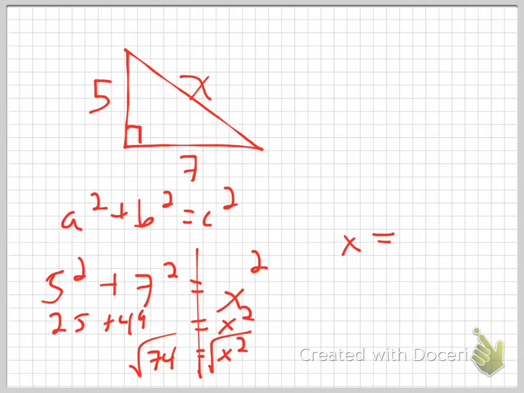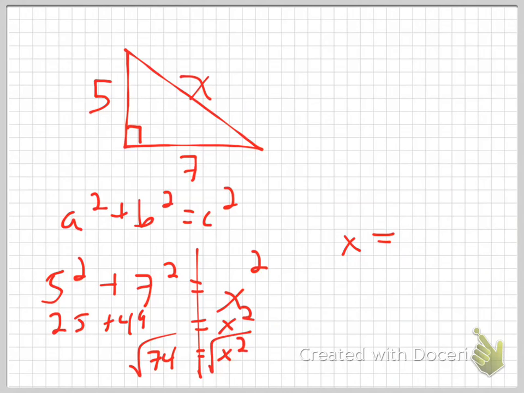What is that called? The square root of 74 is irrational, right? So there is no number. Now listen, if I asked you to round that number to the nearest tenth, could you do that? Yes. If I asked you to round to the nearest hundredth, could you do that? Yes. If I asked you to round to the nearest 25, or to the nearest trillionth, could you do that? Yes. But if I ever asked you for the exact answer,